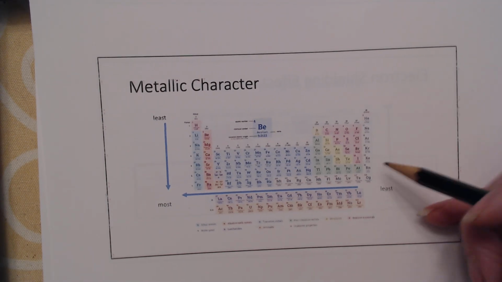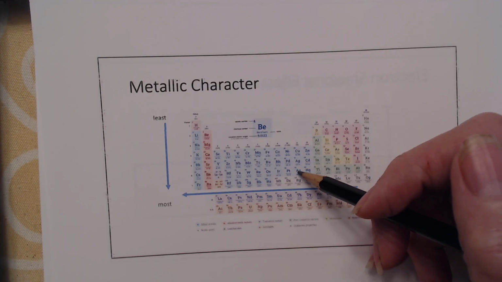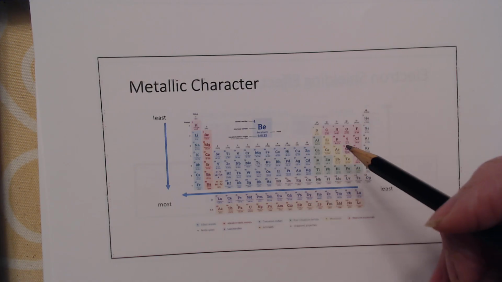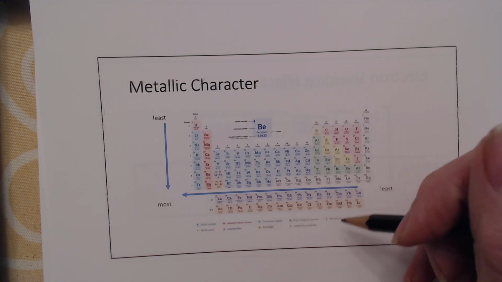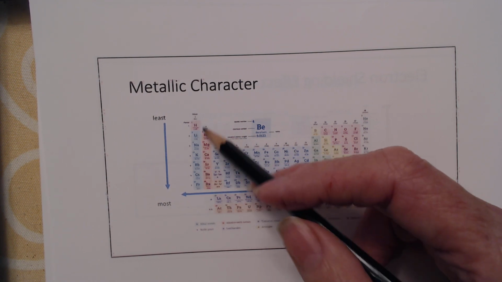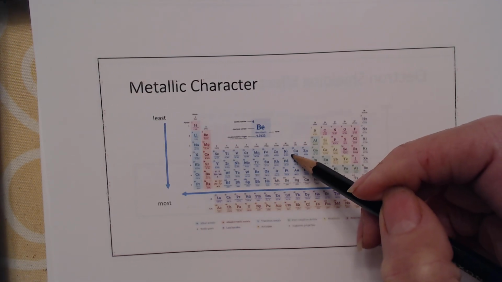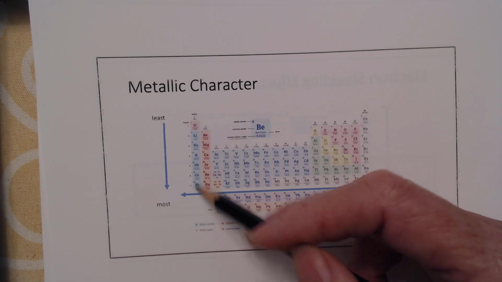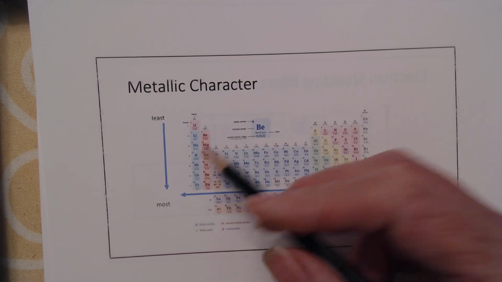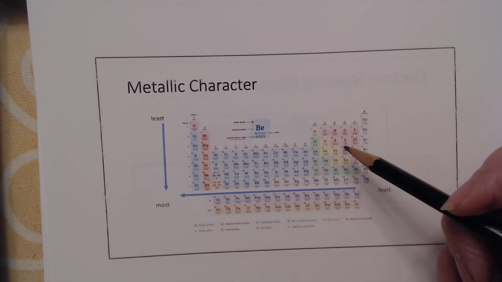Metallic character. Now, when you think of a metal, you probably are thinking of things like iron and tin and gold and silver, right? Let's see, what else might you be thinking of? Manganese, right? Zinc, things like that come to mind for you. You don't so much think of these guys as having a metallic character, but they do. Even though we don't see them in our everyday world so much, because they're highly reactive, so they're almost always in compounds, but they are considered the most metallic of all,